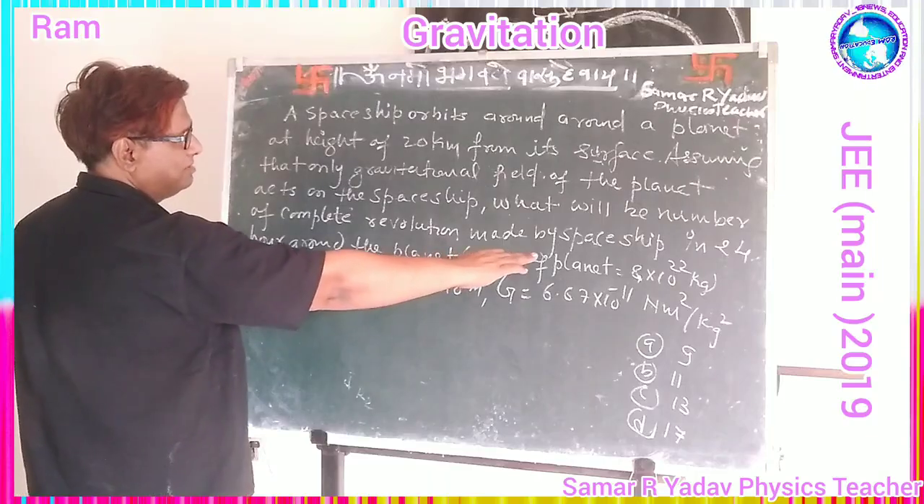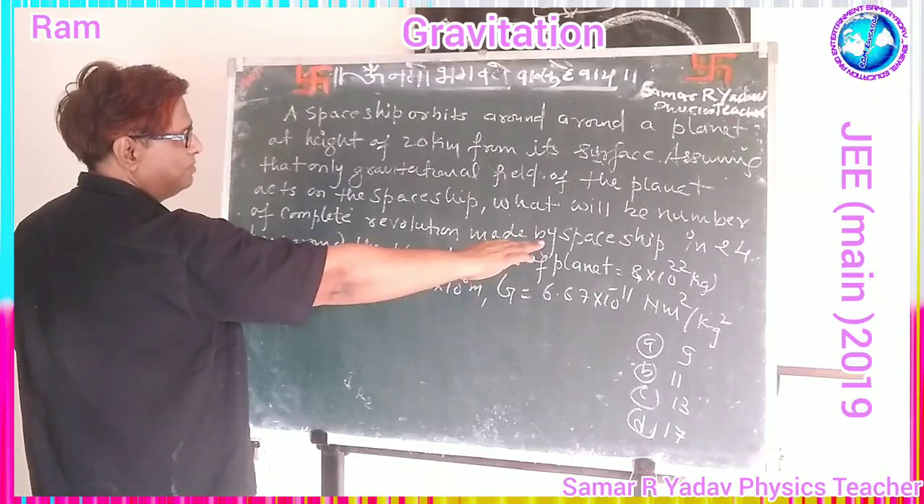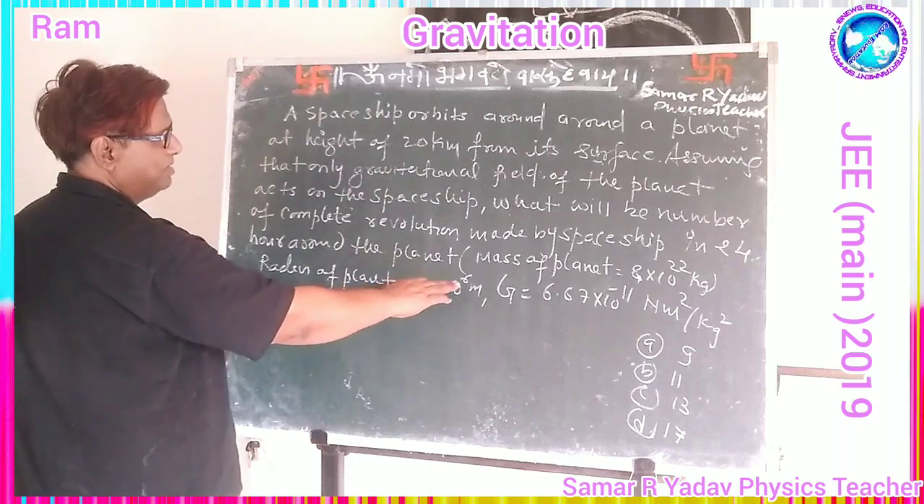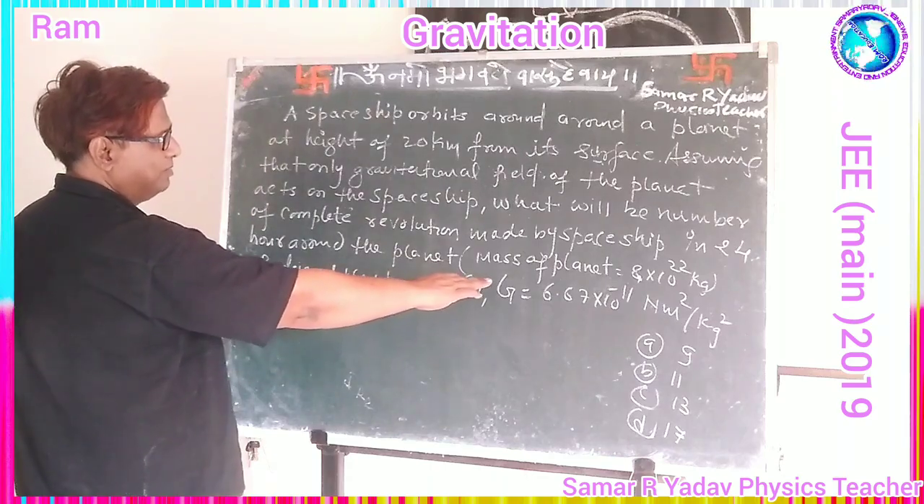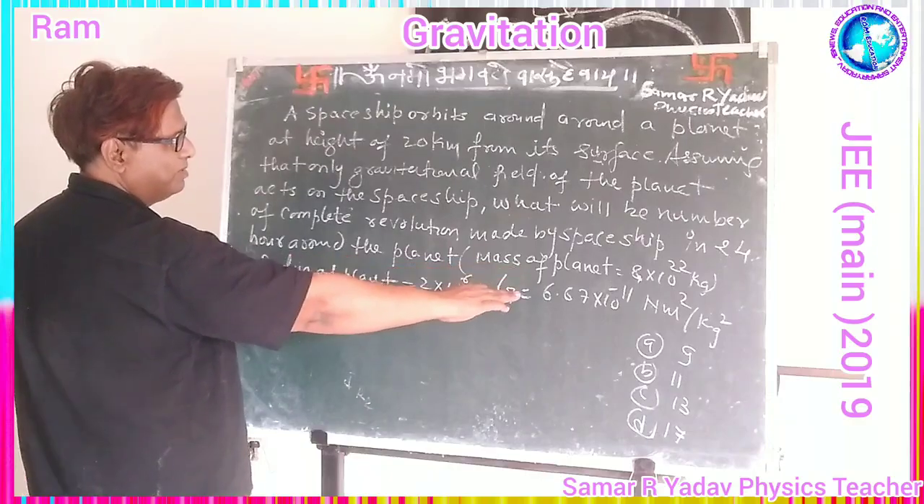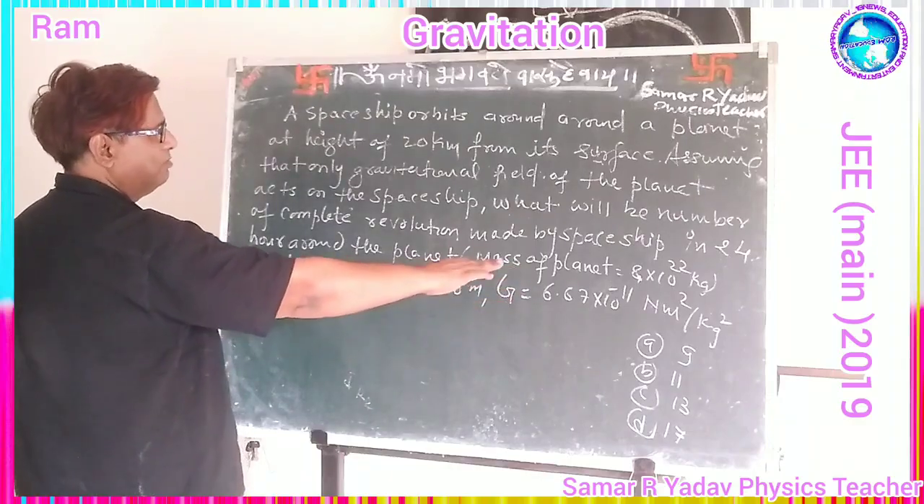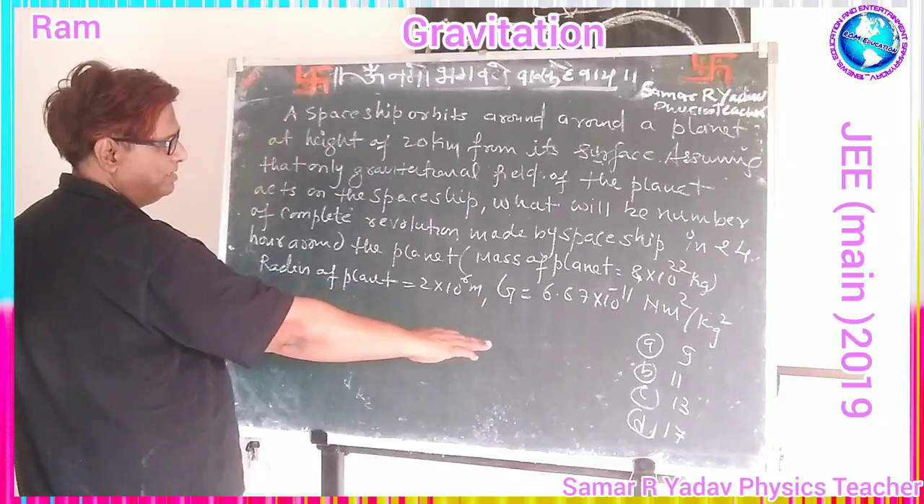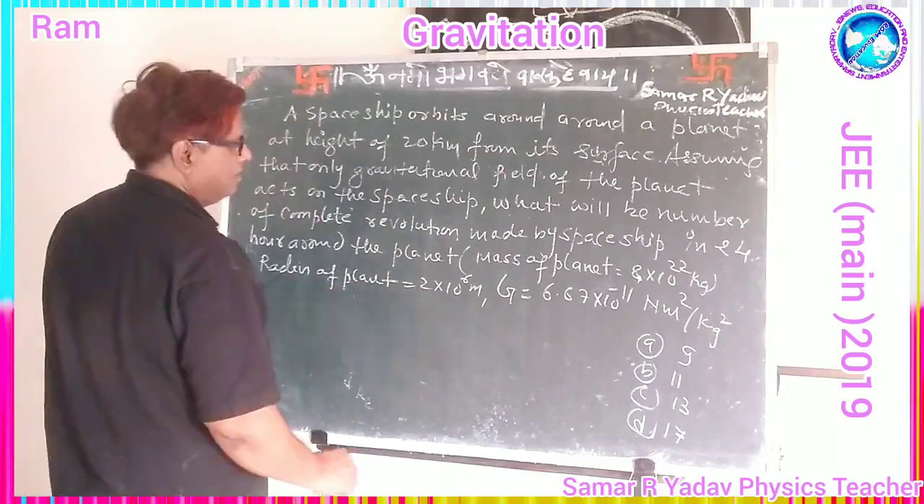The mass of the planet is 8 into 10 power 22 kg, the radius of the planet is 2 into 10 power 6 meter, and capital G is equal to 6.67 into 10 power minus 11 Newton meter square per kg square. There are four options given here: A 9, B 11, C 13 and D 17. Now you can see here,